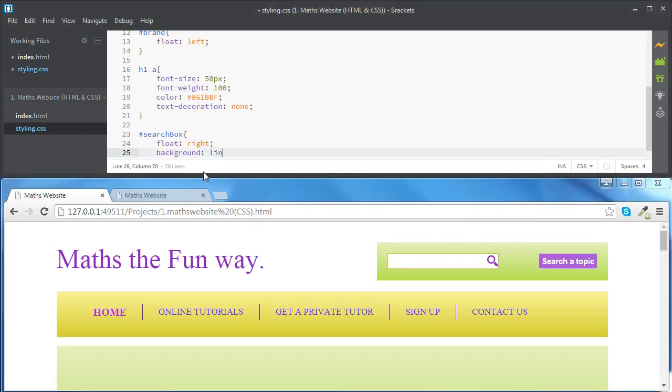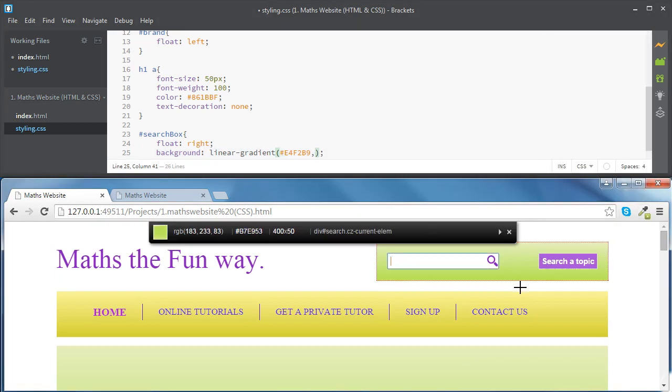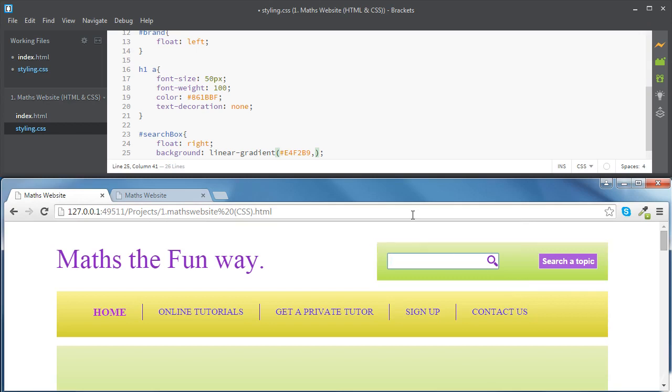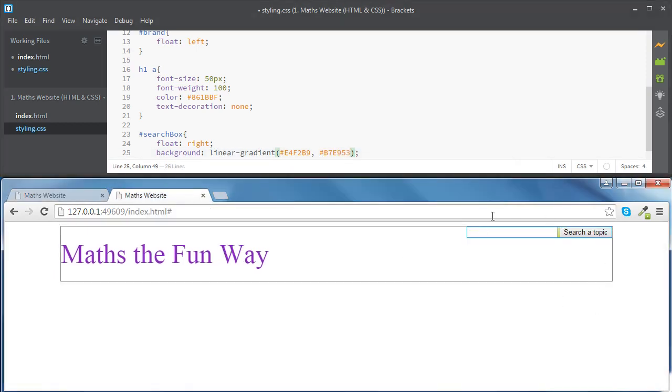The syntax is linear-gradient, and then inside we're going to place our colors. The first one is this one, and the second one is going to be the bottom one. Let's go for this one. Let's paste it there. And now we can see that our search box has got some background color,